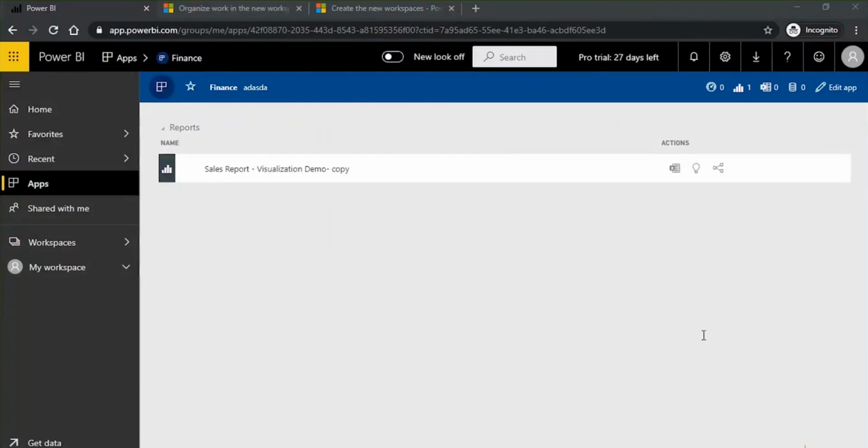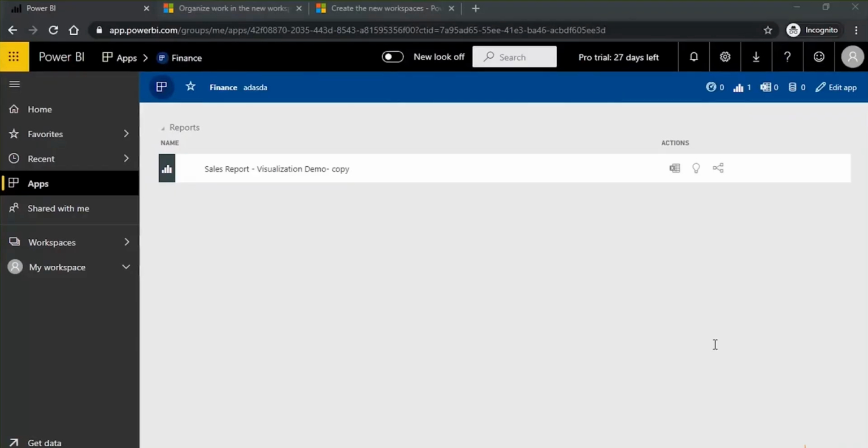What if I want to share the first two reports with the first user as an app and the last two reports with a second user? See, actually there is a catch. You can publish only one app for one workspace. If you want to share two reports with the first user and two reports with another user, then you have to create two workspaces. Then two apps will be published, and you can share the first app with the first user and the second app with the second user, because only one app can be published for one workspace. Got it? Yes, ma'am, got it.